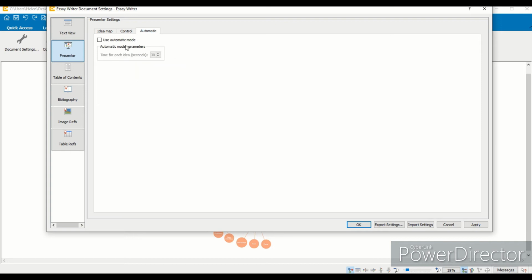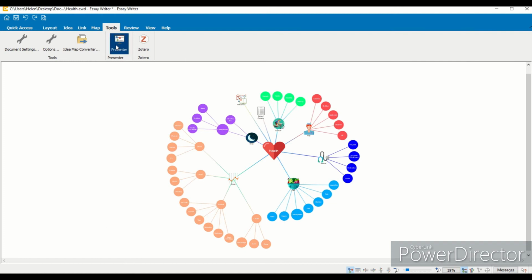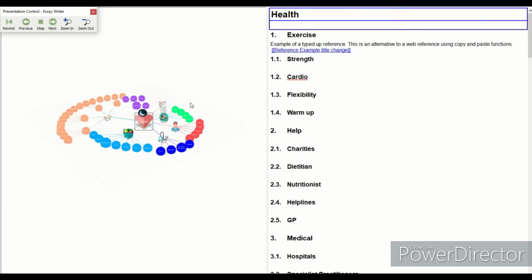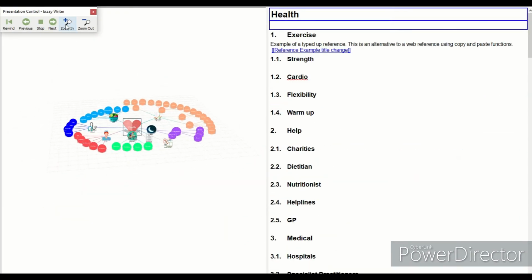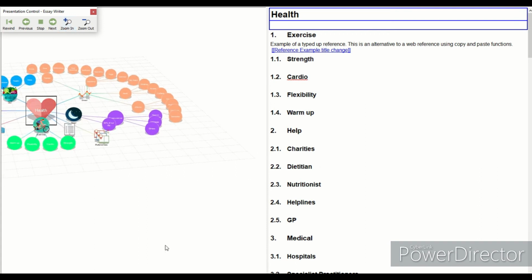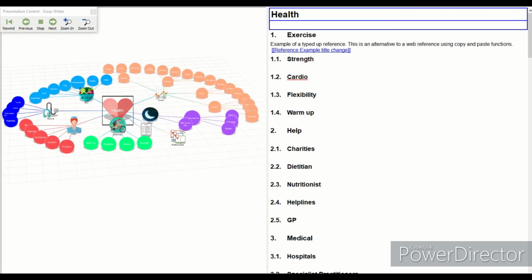So you can use an automatic mode. When I went through the presenter mode, we were clicking next to move through the options. If you click automatic mode, it will instantly move through those options for you. So if I reduce that to 20 seconds, so it's going to move a bit quicker for us, and I click OK, when we go on to presenter mode, I don't have to click next, it will just move around for me. So if I move into that map,